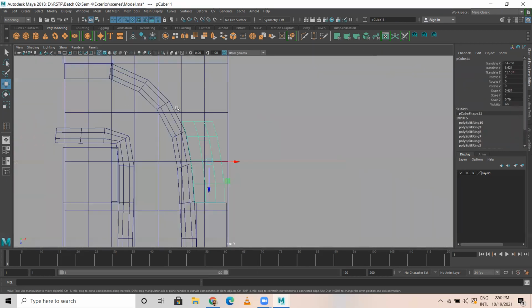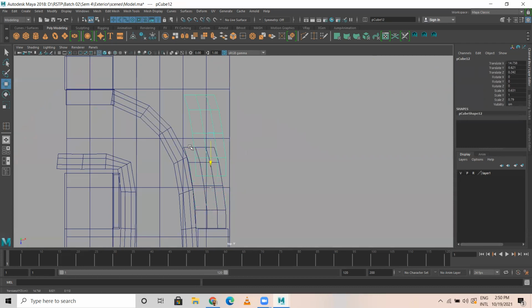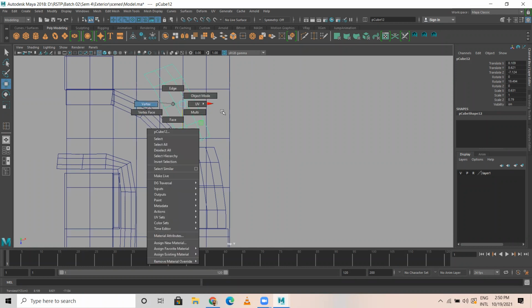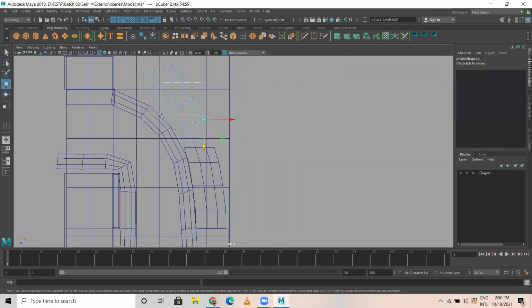Okay. Then what I do, I'm going to duplicate this one more, and I'm going to rotate a bit. I'm going to place it here. So I'm selecting this. Make sure the line flow also is matching. Line flow in the sense, you need to rotate, then you have to place this so that it blends. Okay. I'm selecting this.